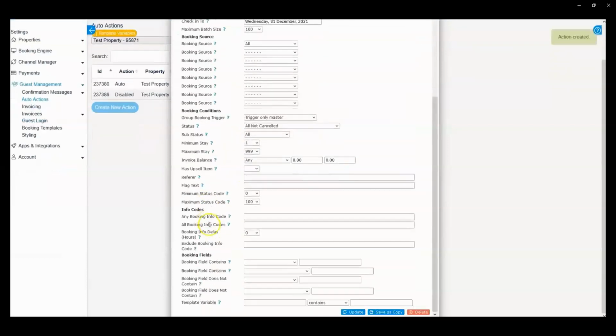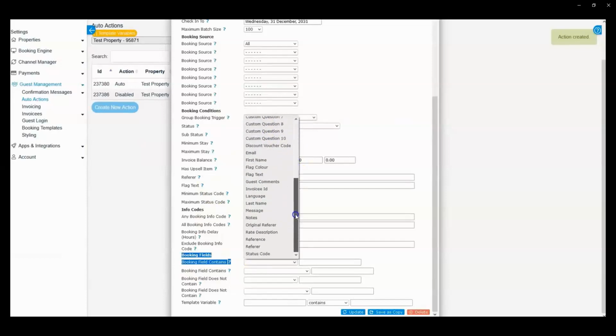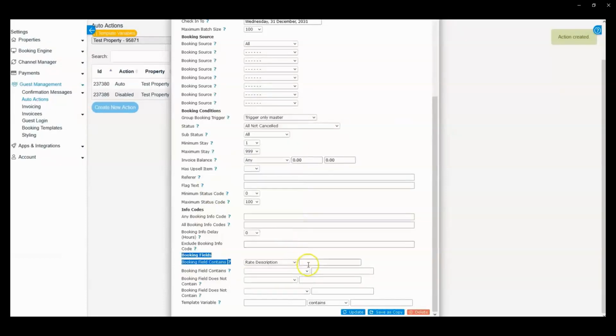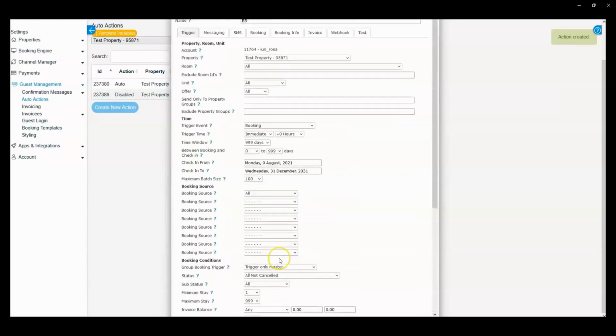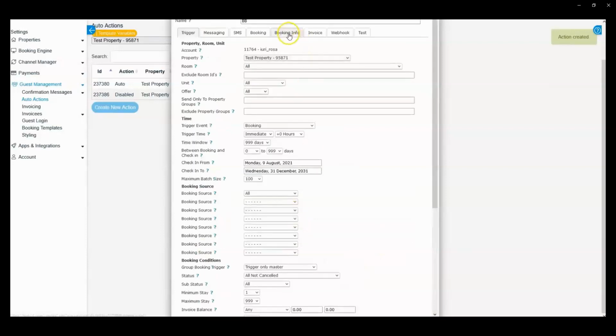But here, on the booking field contains, we are going to use rate description. We are going to put here the rate plan. So by doing this, we are saying this auto action will trigger on all the bookings that have this specific rate plan. And if it triggers, what we are going to do is insert